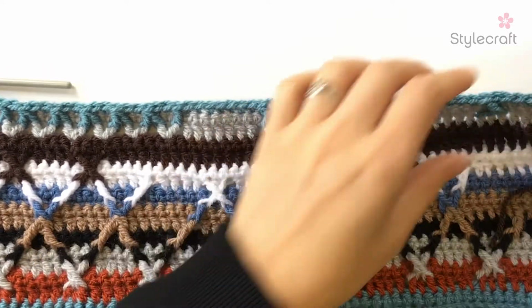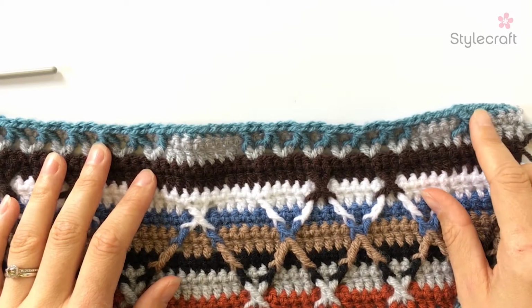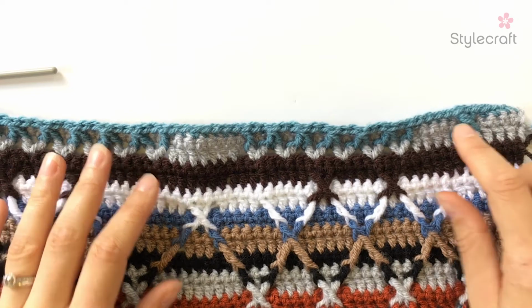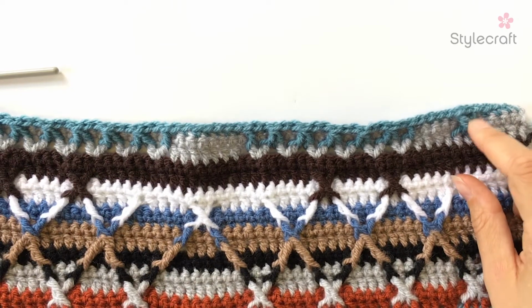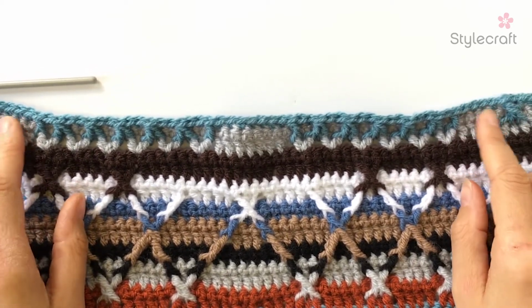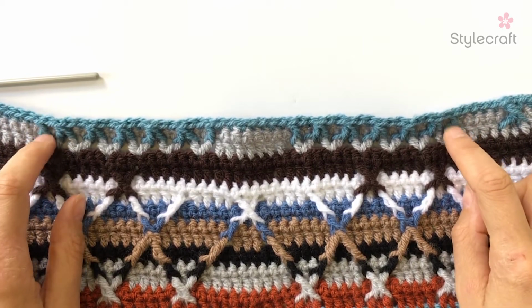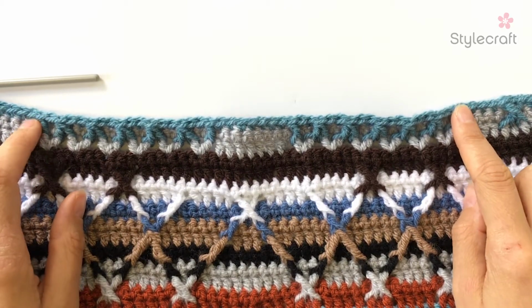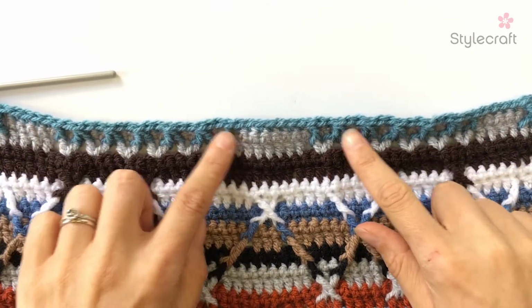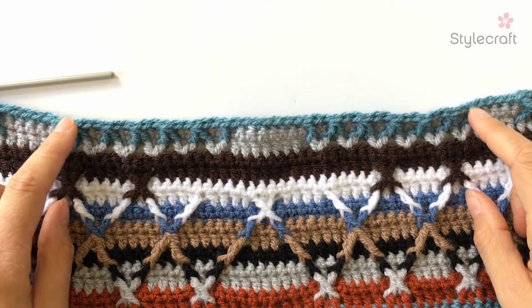Okay, so just a quick recap. We've got 4 on either end, and then your little cross stitch, which is made up of 3 stitches, your 2 front post double trebles and your DC in the middle. Then you've got your 4 stitches after that on either side. Then you've got a normal front post treble into that first and last V of these sets of V's here, into there. Then you've got 5